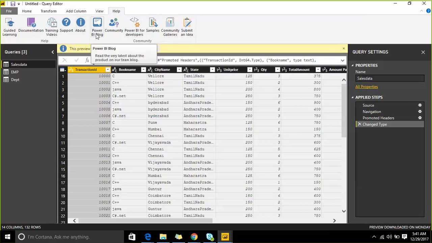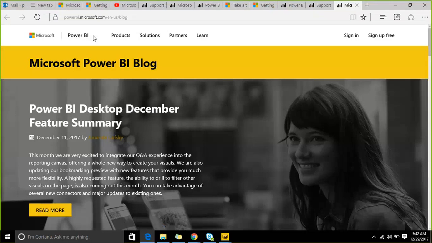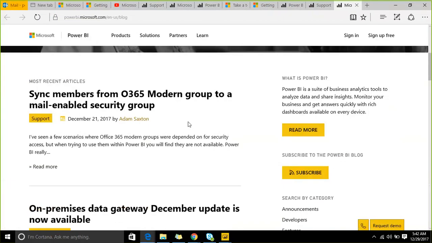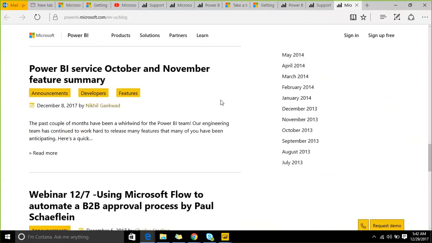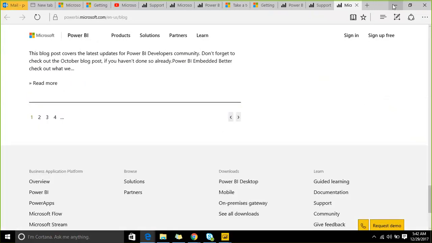And the Power BI blog. The Power BI blog is like the blogs we have for all the tools of Microsoft. Here, all the announcements, the new versions or new articles regarding Power BI will be published. The December update came long back. So the articles about Power BI will be available over here,